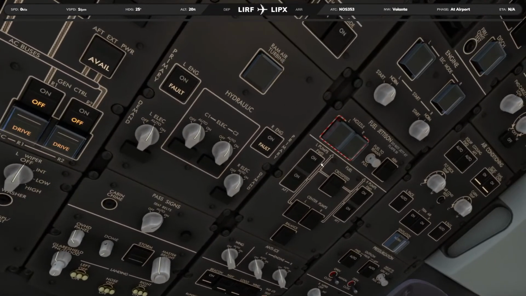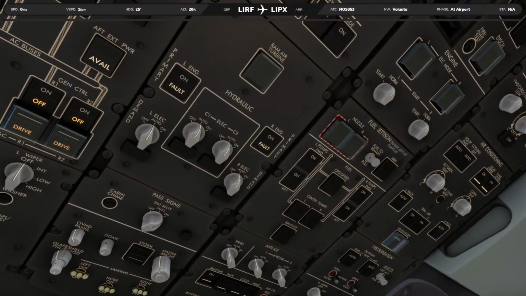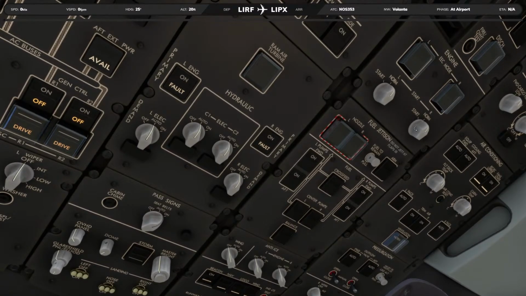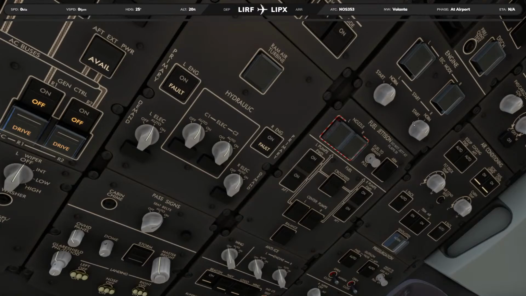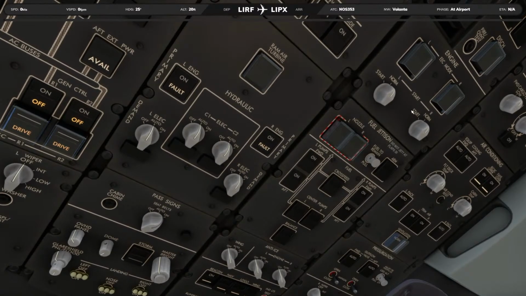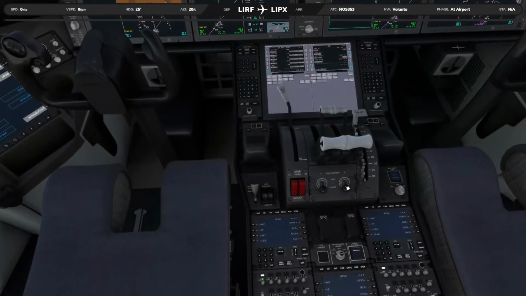Now, the one difference that you will notice in the 787 versus the 737 is that in the 737, you need to start the engines one after the other, and you have to wait for N2 to rise and all of that. With the 787, you actually don't. You just put both start switches on the start, and then you go down here and you turn the fuel on for both engines at exactly the same time. So you don't really have to wait for anything. 327 SimPilot had released a good tutorial for the 787.